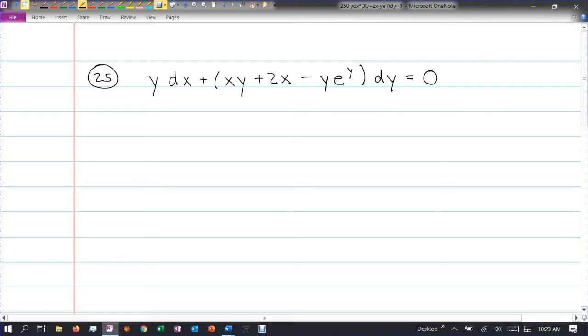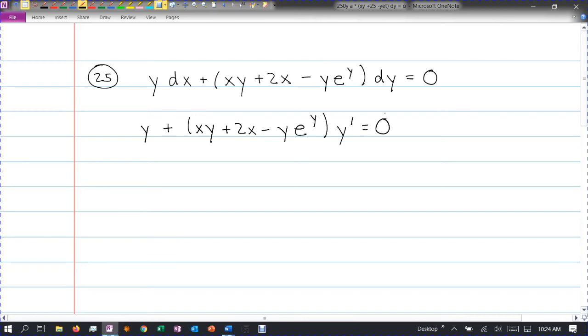Okay, so let's see here. Which form do we want to get this into? Let's go for y prime, so I'll divide everything by dx. Let's just see what happens here. It would be y plus, and then everything here in parentheses, xy plus 2x minus y e to the y, and then we'll have y prime equals 0. And that, I think, is going to be a problem